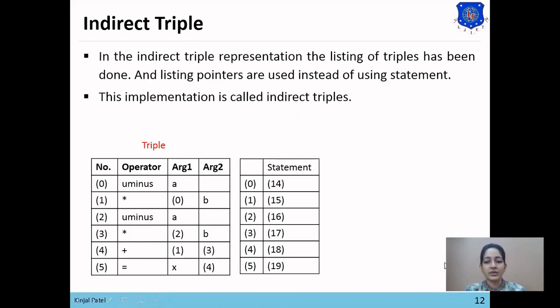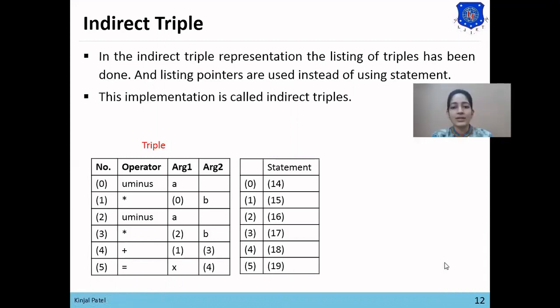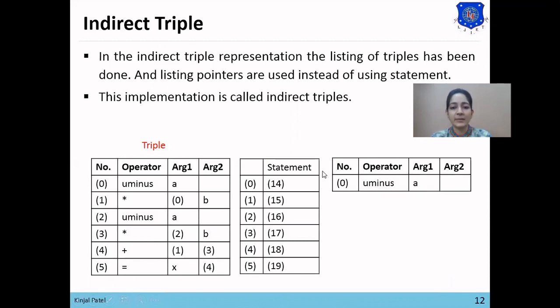and to store the result of address 5, pointer 19 is used. So now we'll see that here in indirect triple there are three fields: operator, argument 1 and argument 2. Number represents the position of each statement.